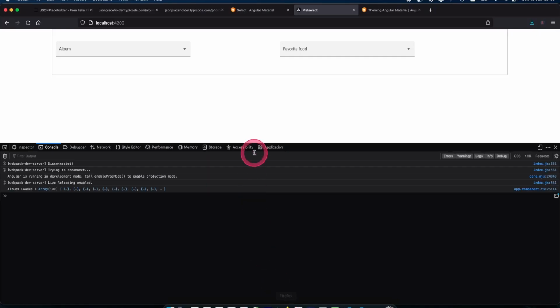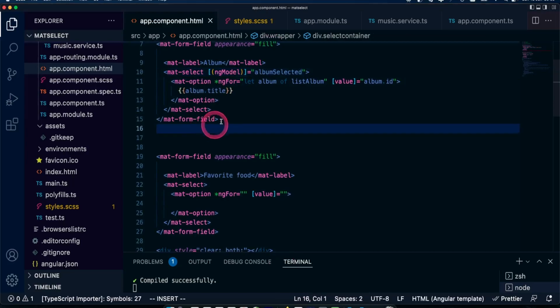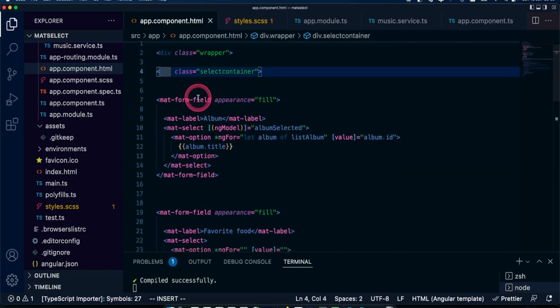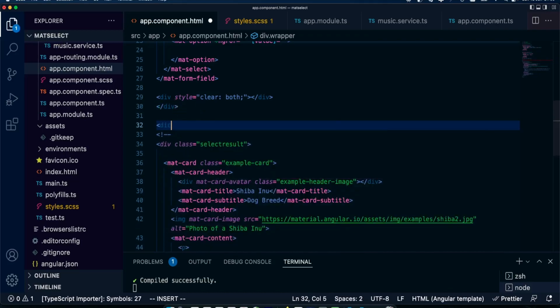So let's see that. Let's display that somewhere below here. So I'm just going to display that below here. So it's going to be a div.